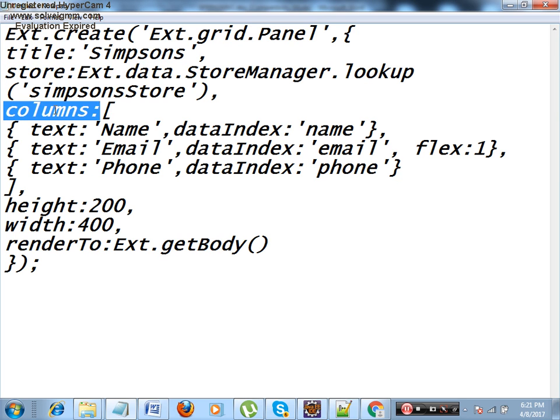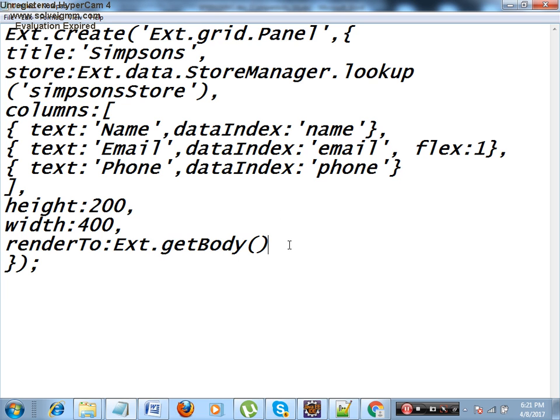The important things to understand here are only three: store, columns, renderTo. The remaining things are not important. Even if you don't give them, the grid will get painted.